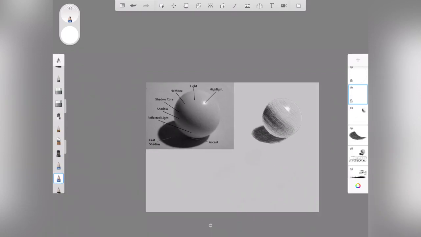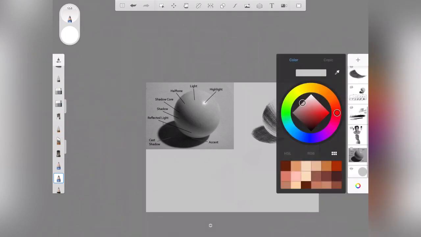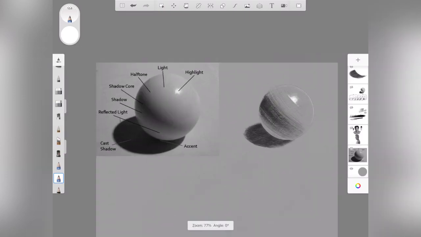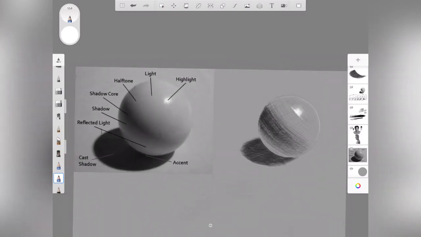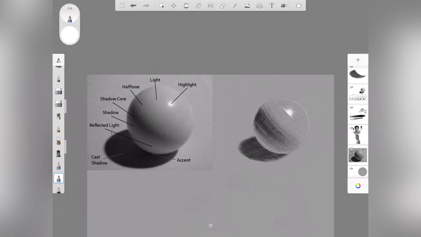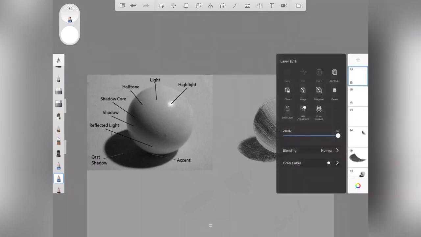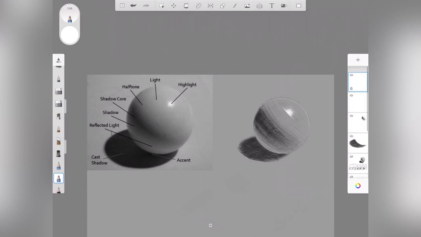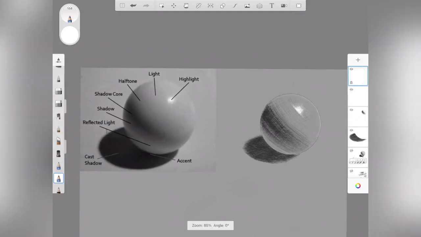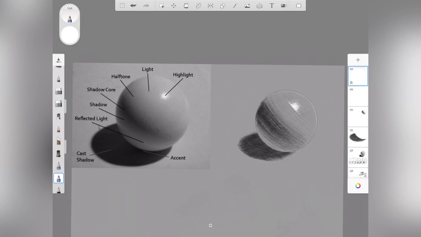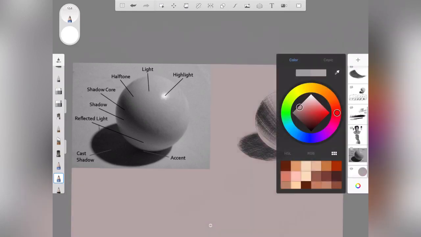So as you can see, we have successfully represented the ball using cross hatching, representing values and seeing all the values on the ball and everything we initially spoke about. So you can see that there's not much of a difference between the cross hatching method and also the normal value painting method. All you need to do is understand how to use your pencil and the variation of